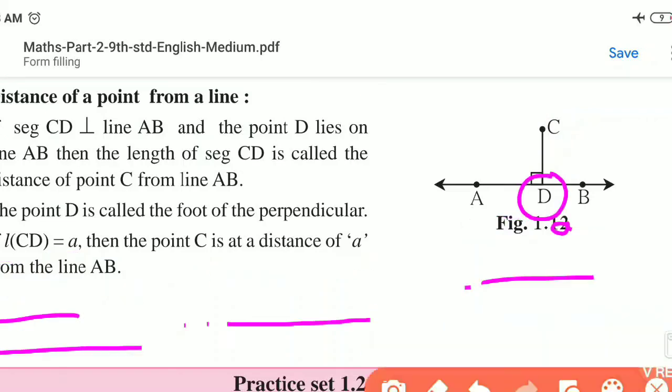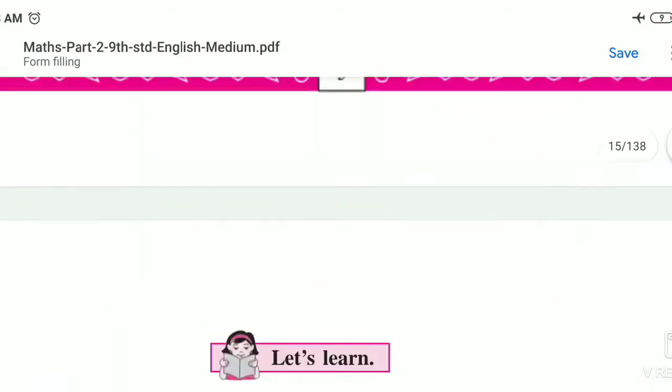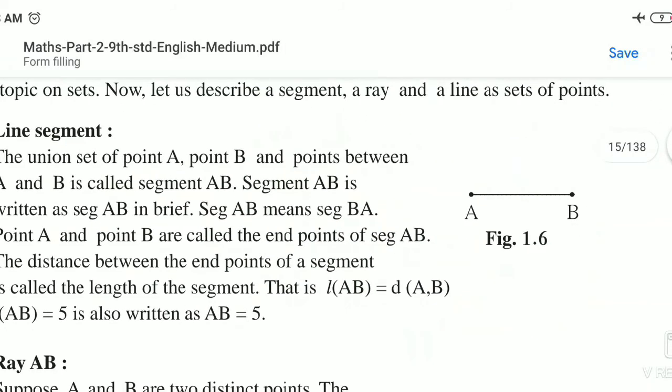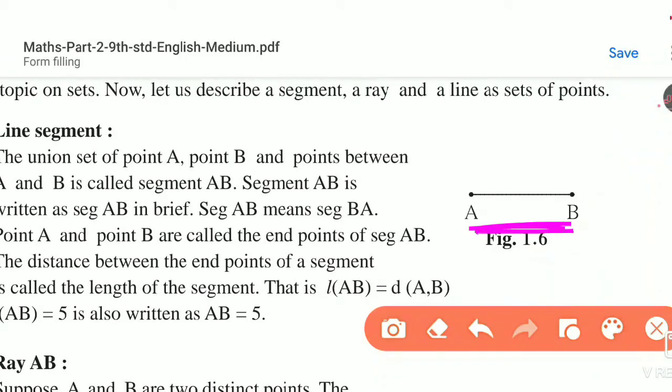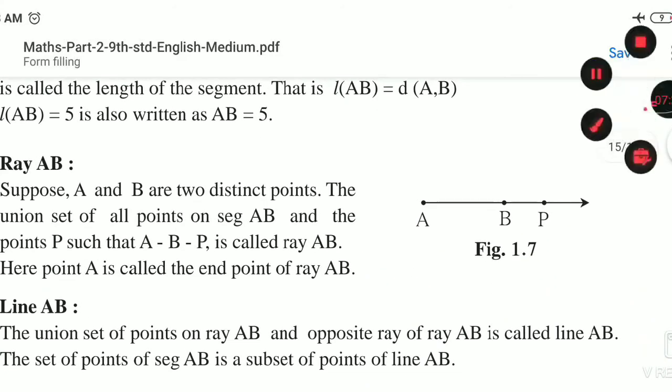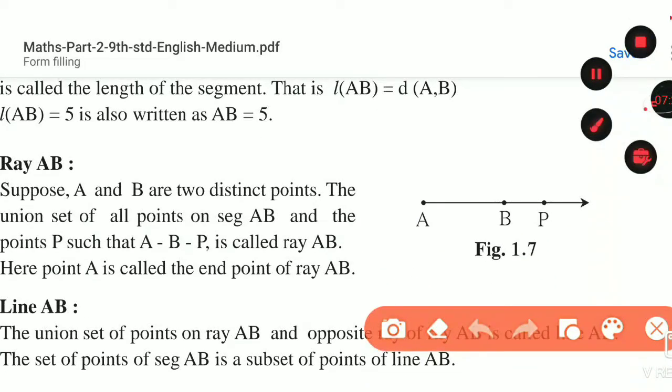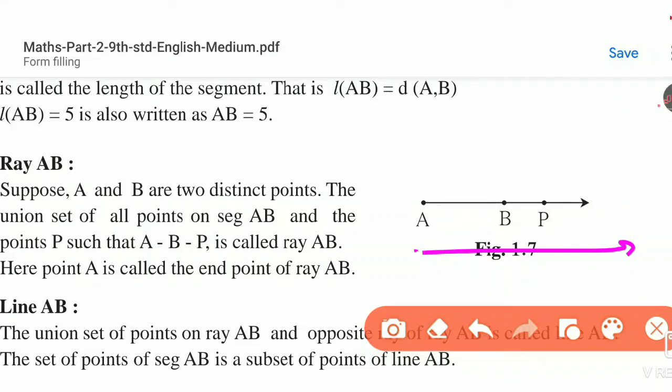Now today we saw that the first, the line segment, has an exact measure, and we can read it as AB, otherwise BA. Then next we saw the ray has one end. One end is there and on one side it extends, with no limit. We can read it as AP, otherwise AB, but we cannot read it as BA, otherwise PA.